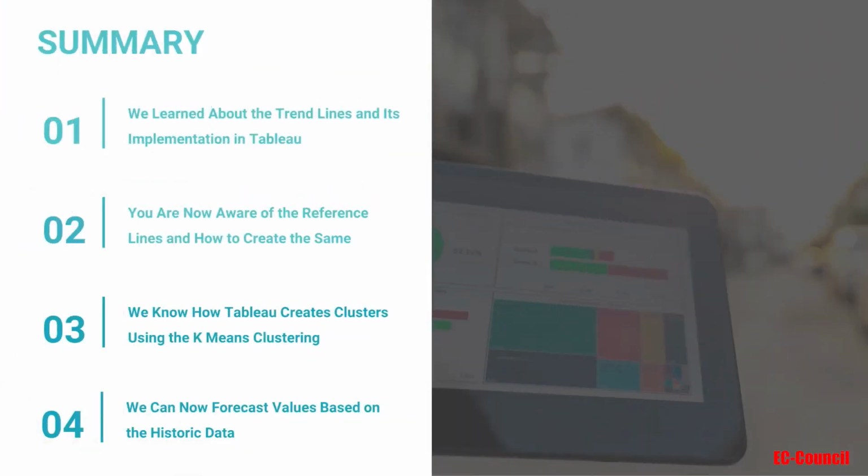In this section, we learned about the trend lines and how to implement the same in Tableau. You are now aware of